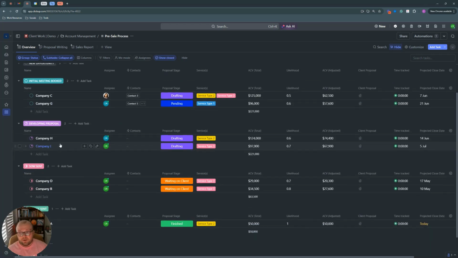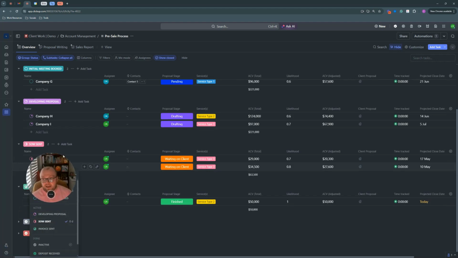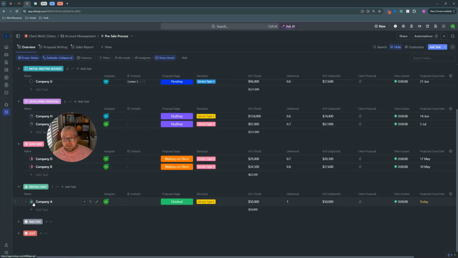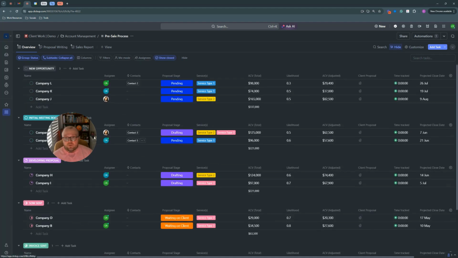You're going to develop a proposal. You're going to send a statement of work or send that proposal before either sending an invoice and marking something as received deposit, or you're going to disqualify, mark a lead as inactive, or mark a lead as lost. Okay, so we can collapse any of our groups, and we have a range of columns here pre-built into this